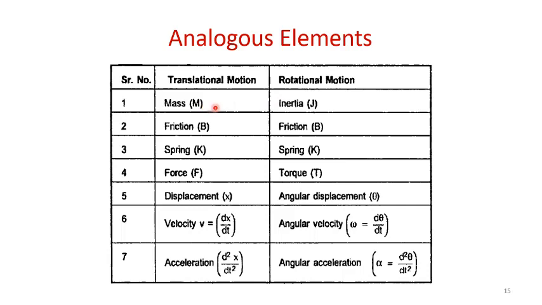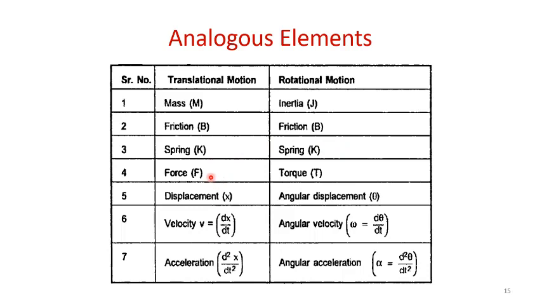Representation of mass is m, inertia is J. In translation and rotation, we have friction, so both are represented by B, and the spring in both is represented by K,